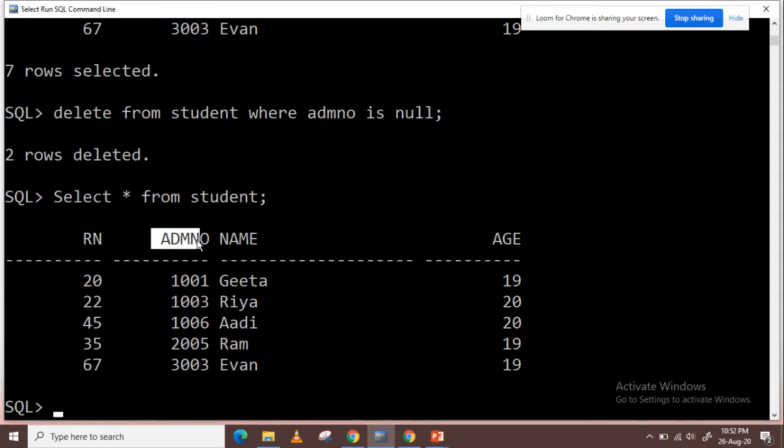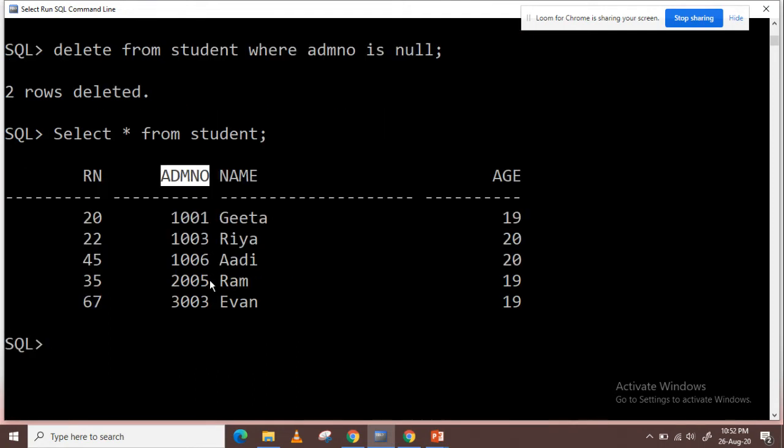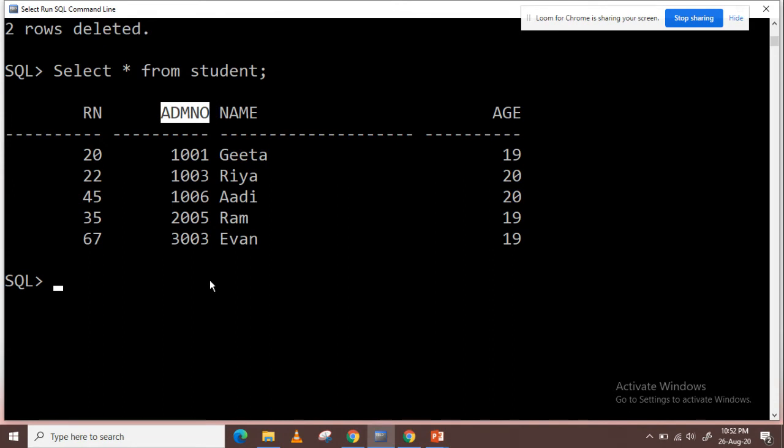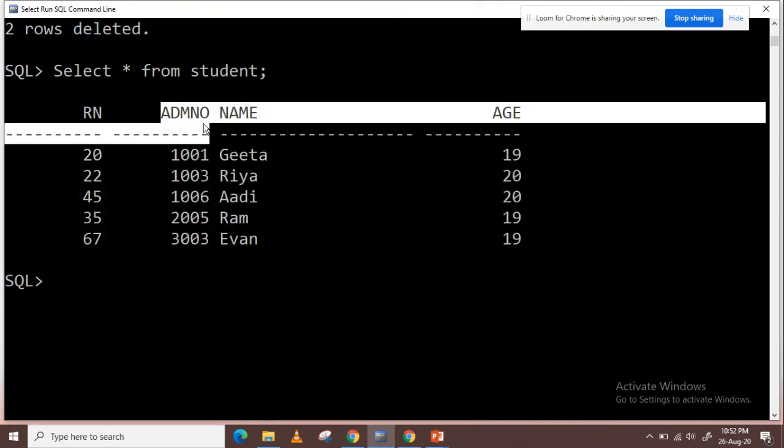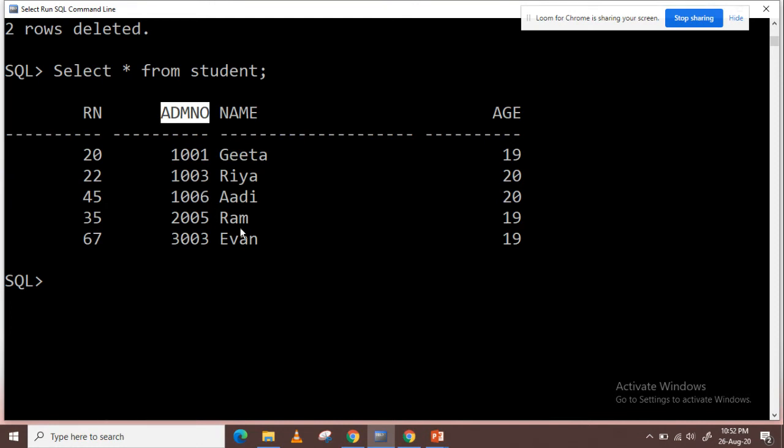Suppose now I want to add the not null constraint as well for the admission number, because the condition is that admission number must be unique and also it cannot be left blank. So I need to enter the admission number with constraint not null. Okay, so we can use the command alter table add constraint, that we have used earlier for primary key. We can use alter table add constraint to update the table with any newly added constraint.